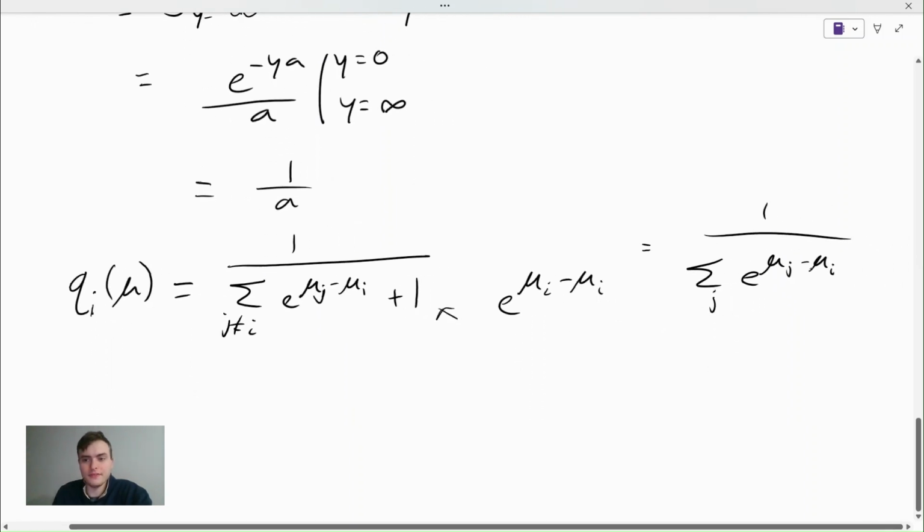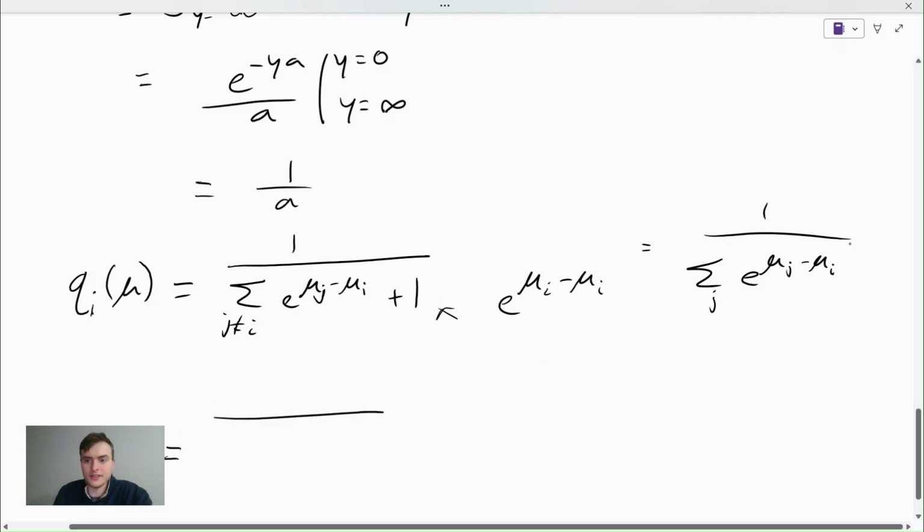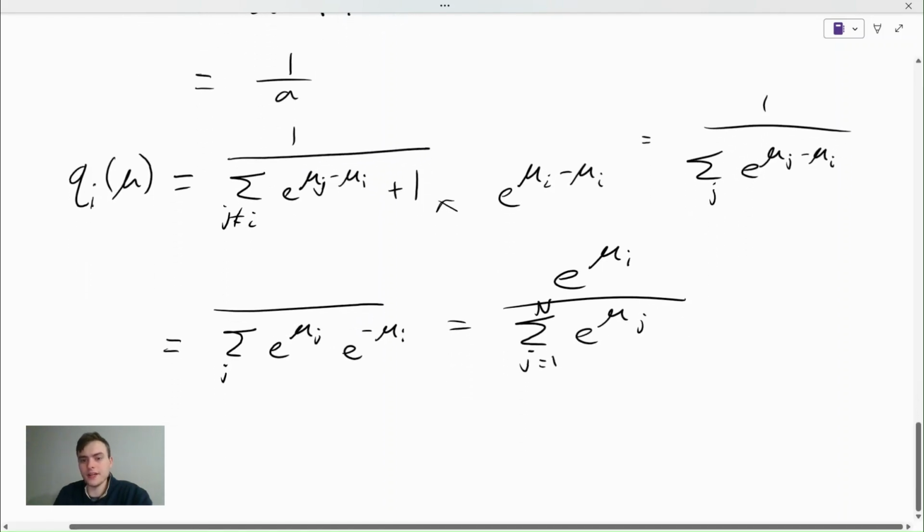Oh, and since this e to the mu I is the same every time, that's summation over j, e to the mu j, e to the negative mu I, and then we can bring the mu I up top, summation over j, e to the mu j, and we were saying that goes from 1 to n, or we could have a set of alternatives and say j is a set of those alternatives, whatever notation. But anyways,